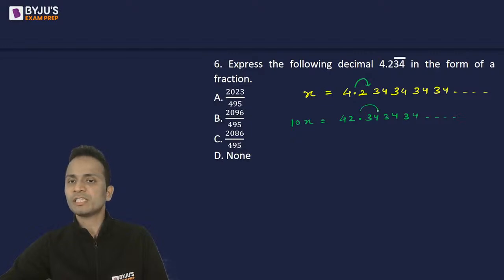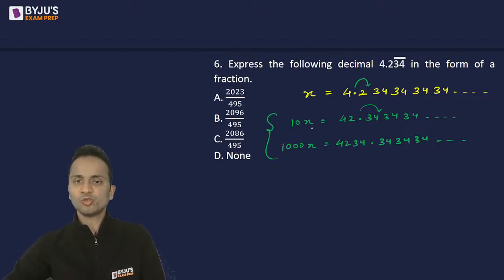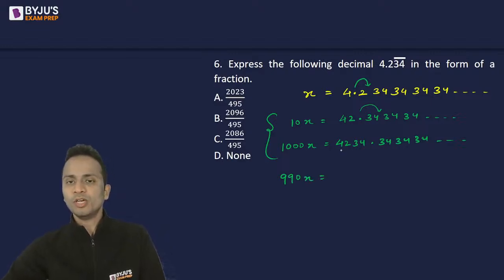So shift the decimal 2 places to the right hand side. So for that, I'll have to multiply 10x further by 100. So 10 multiply 100 is 1000. So 1000x will be 4234.343434 and so on. Now perform subtraction among these two. 1000x minus 10x is 990x, and that is equal to 4234